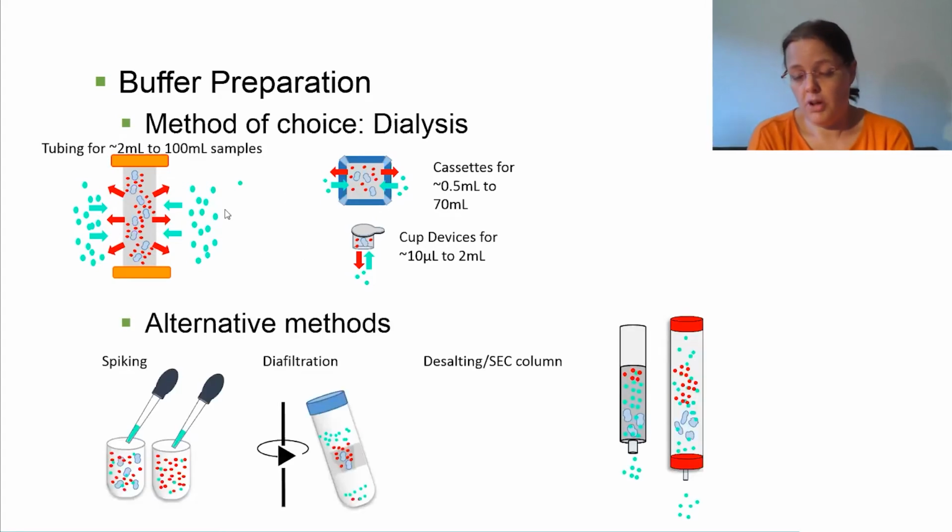Dialysis isn't always possible, because, for example, if you have something super expensive, you won't be able to add that into the dialysate in big amounts. In that case, spiking is a very good alternative. Here you take the expensive ligand, for example, and add it to your protein sample, but you have to remember to also add it to your buffer. And the tip is really to try to use the same pipettes and the same volumes to get this spiking as accurate as possible in comparison to what you're doing to the protein.